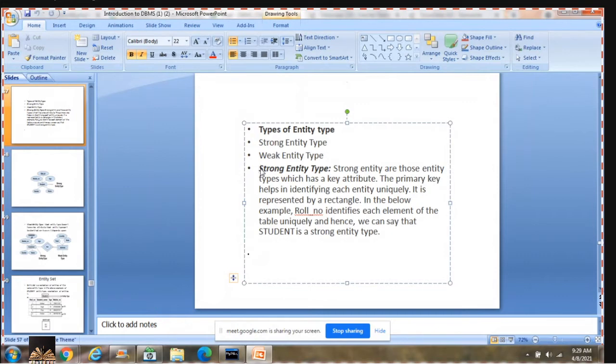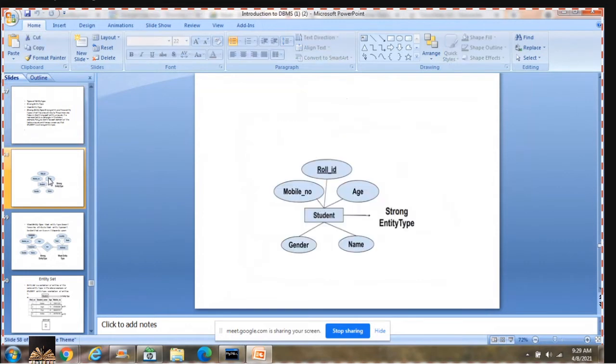The representation is the same. It is represented by a rectangle, and you have a small example for defining what a strong entity is.